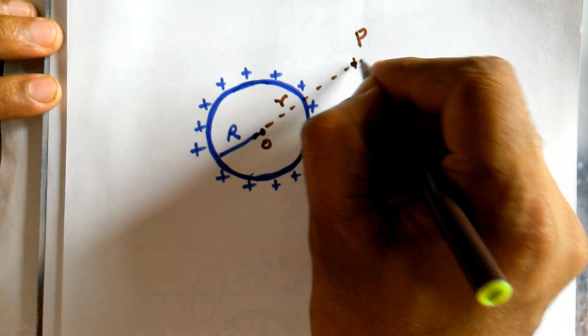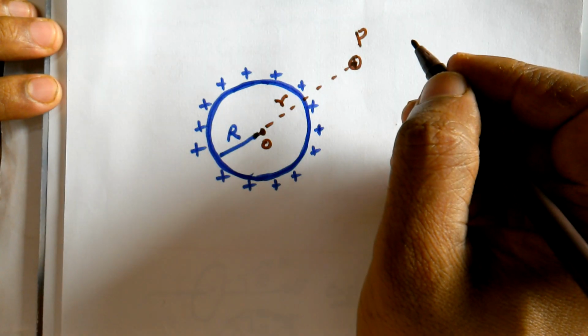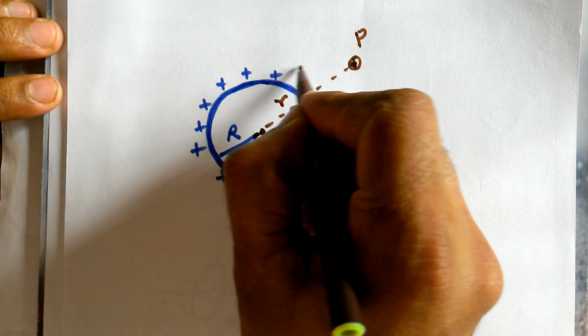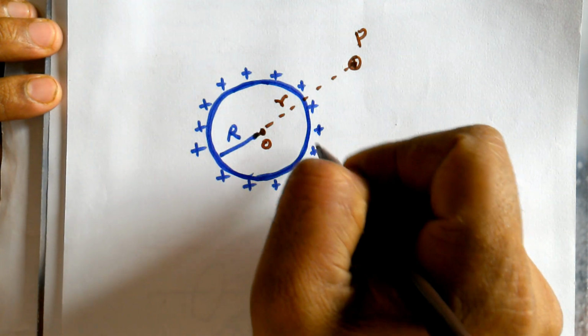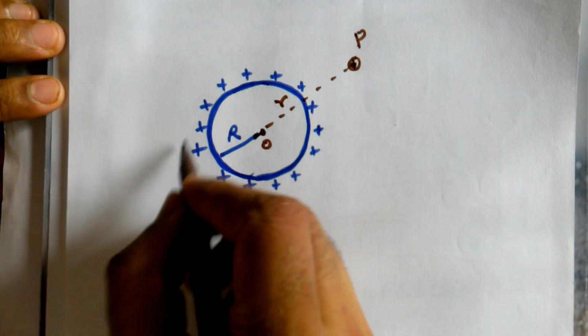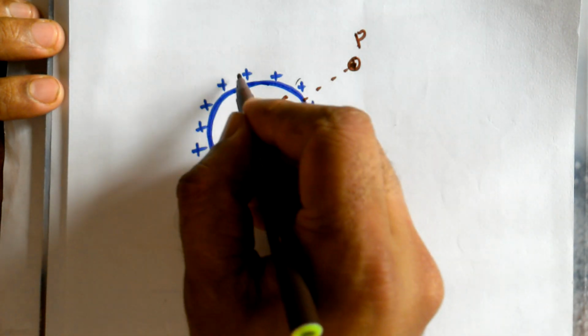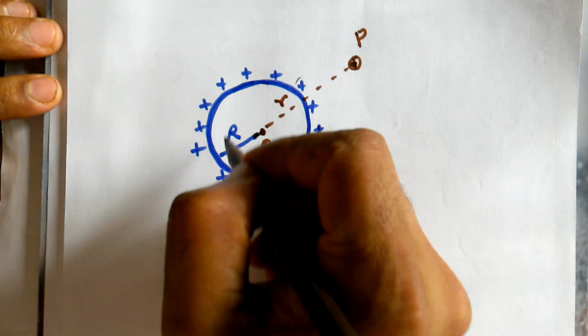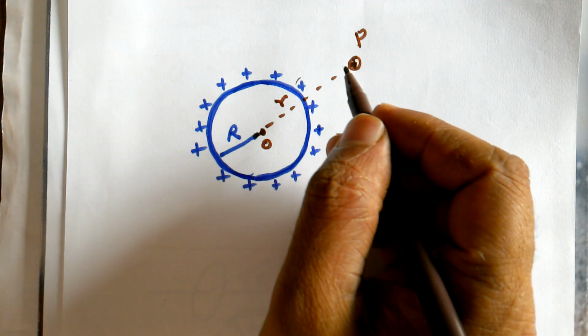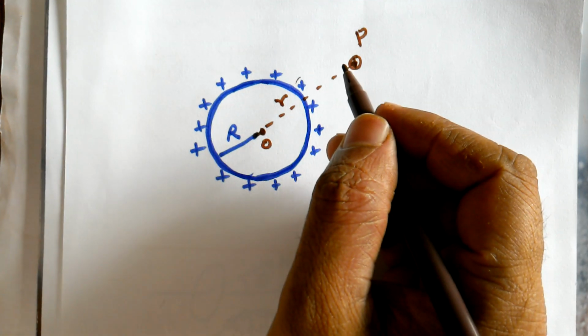Because if you place a test charge here, a unit positive charge say, then these charges repel it like this, these charges repel it like this, and these charges repel it like this. Moreover, these charges are very close, these are a little far away, and these are much farther away. So in Coulomb's inverse square law we get a distance r.